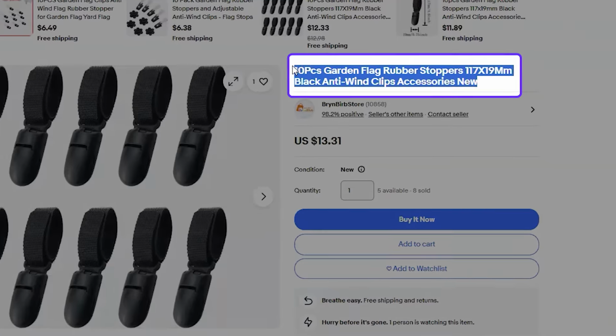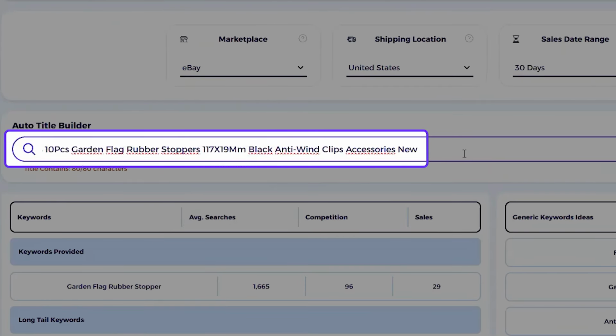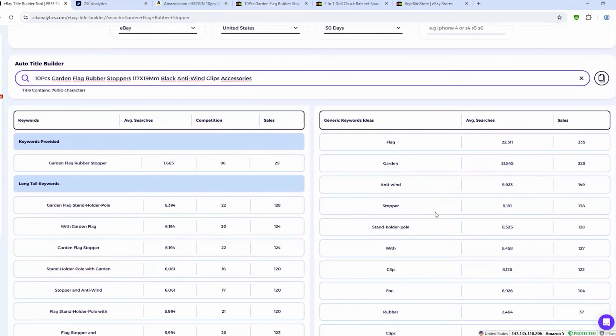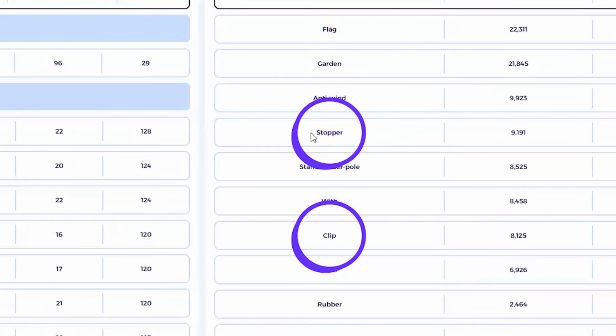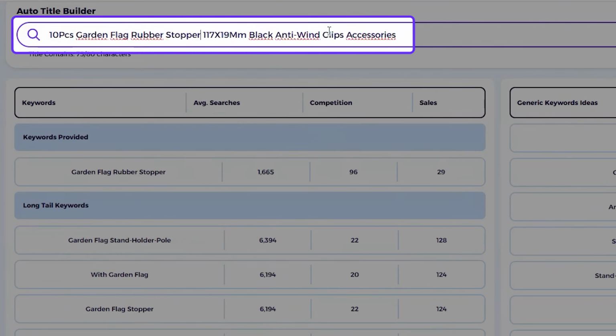Next, I grab the current eBay title, paste it into Zik's Auto Title Builder, and start optimizing. First, I remove the word "new" at the end, likely added just to hit the 80 character limit. Then I scan for better keyword options. Zik shows that "stopper" and "clip" get more searches than the plural forms, so I swap those in, and more